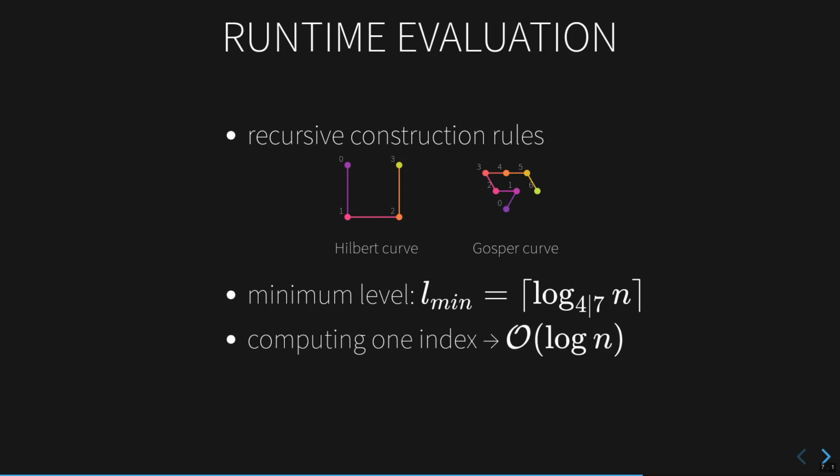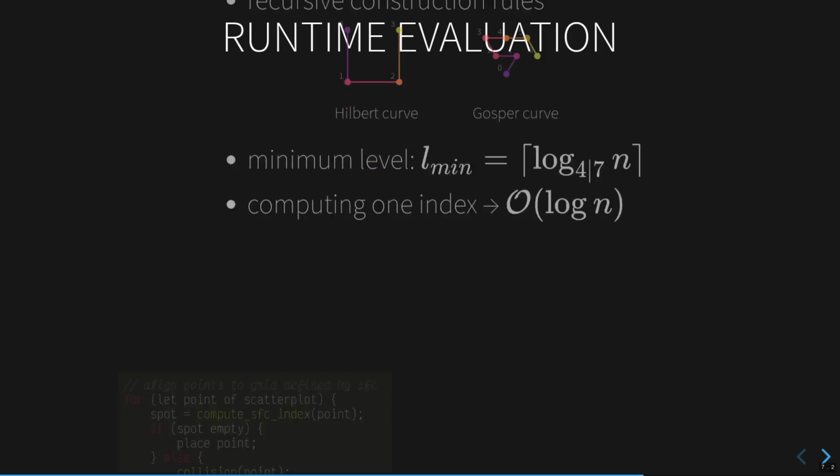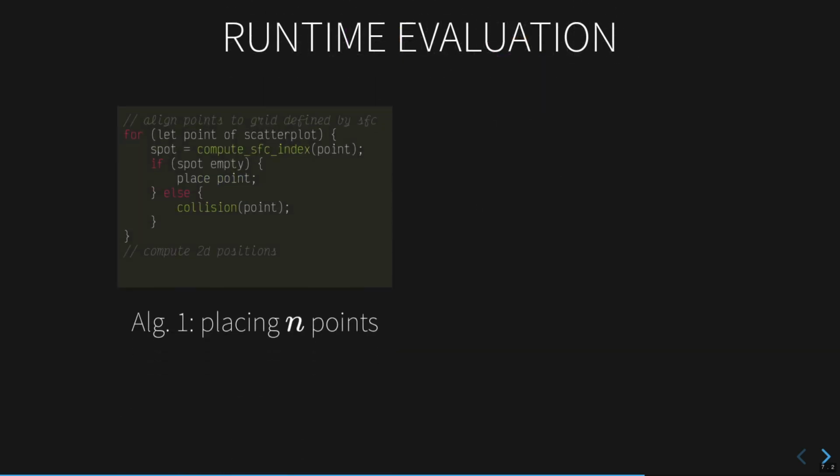The algorithm to compute one index needs O(log n) runtime. Algorithm 1 just places images if the respective spot is empty. If not, it calls a second algorithm for resolving the collision and placing the image. Computing the spot for one point needs O(log n) runtime, so placing all n points needs n log n